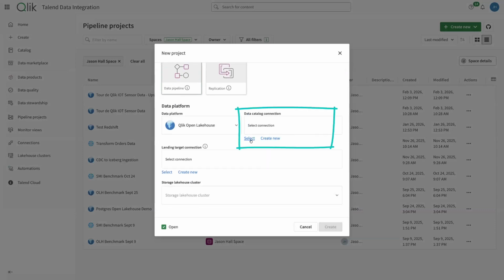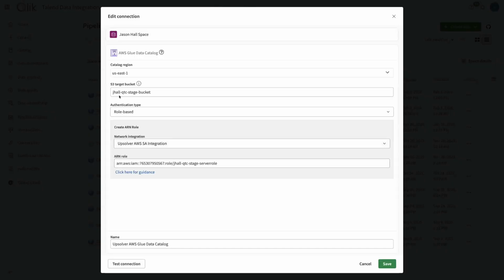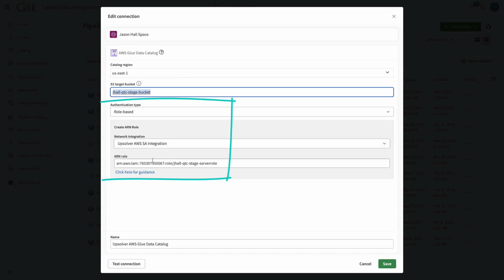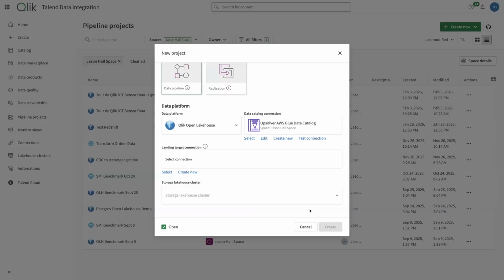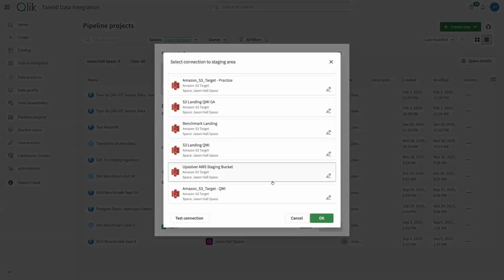First of all, we have to define a connection to the Iceberg catalog that we want to use. Okay. Connecting to a catalog, very straightforward. We just need the region. In this example, it's AWS Glue. We need a bucket that we want to store this data in, and we need a way to authenticate to AWS. So I'm using an AWS role here to authenticate to my catalog. We'll then define the S3 bucket where we want to land raw data. Point to a bucket using, again, authentication credentials.